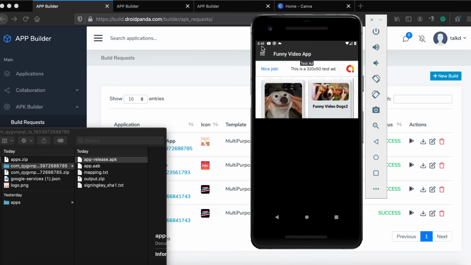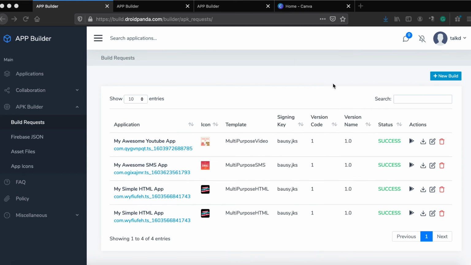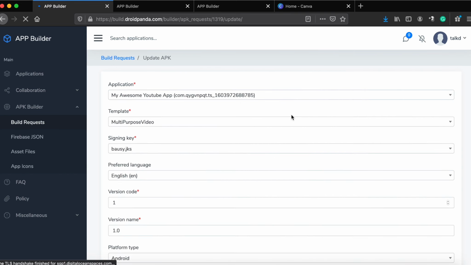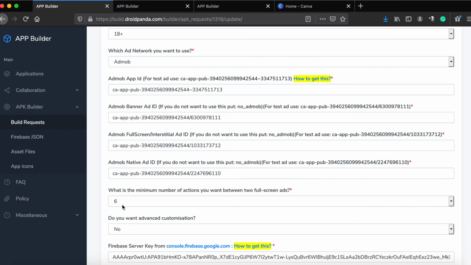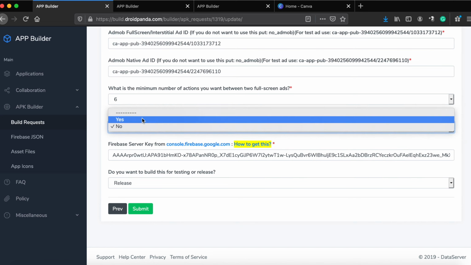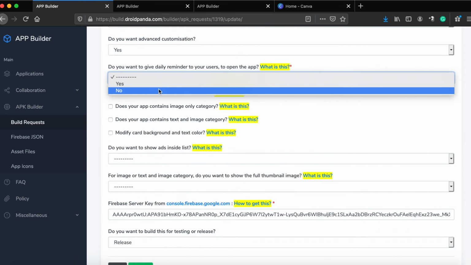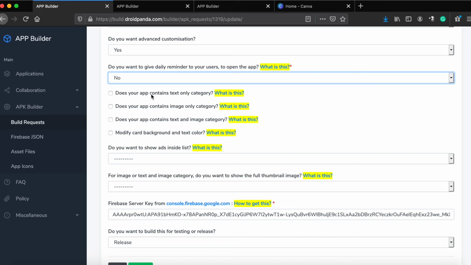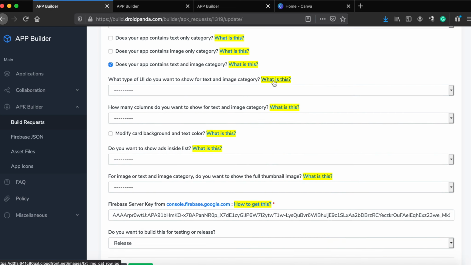This is another big advantage of this platform. Giving an update to your existing app is as easy as pie. Here, let me show you. My app does not have a text only or image only category. It has a text and image category. So I am customizing that. When customizing, I am going to take help from Hint Images.